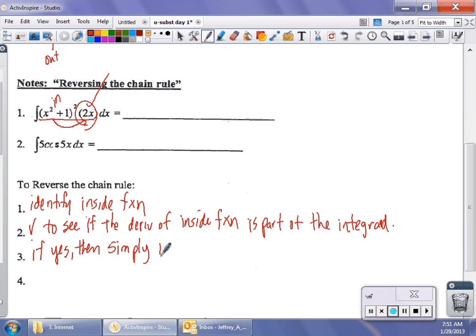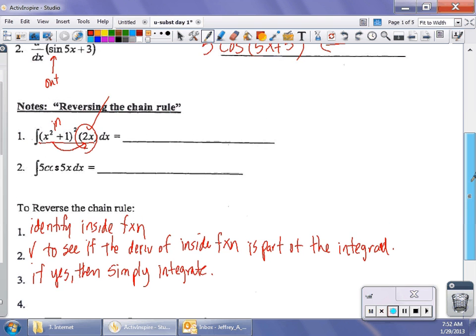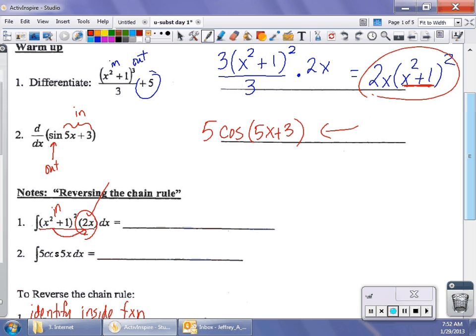Now we're going to do these two without using substitution, and then I'm going to show you how to do it with u substitution. Most people actually prefer using u substitution all the time. But in this case, since I see that the derivative of the inside function is present, we already know what the answer is going to be. This is what we have to get back to. When we find the antiderivative, we find the antiderivative